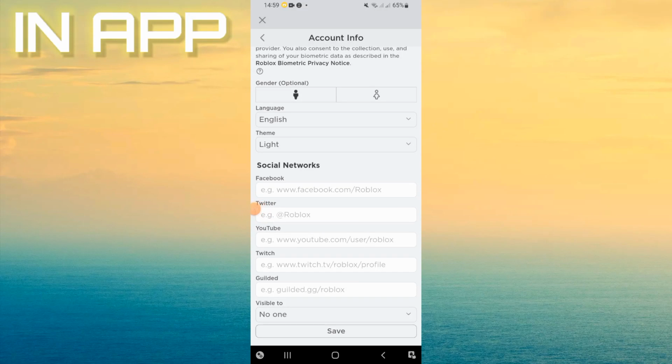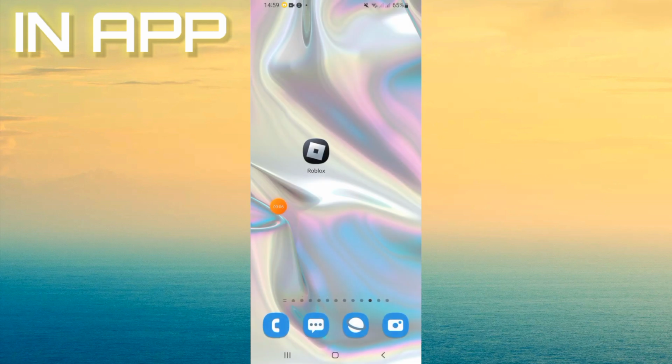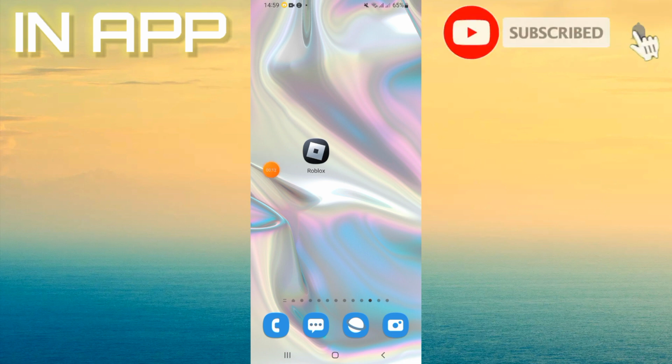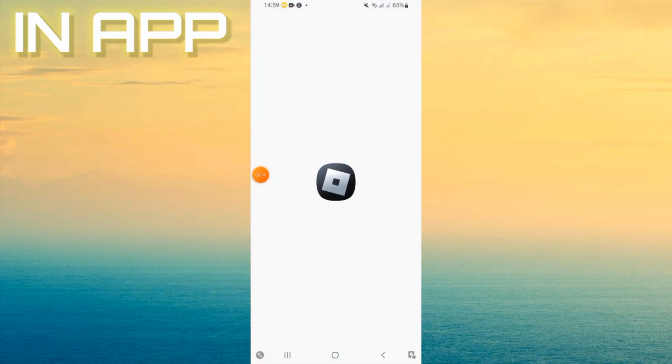How to link your Twitter with your Roblox, on Roblox of course. So in this video I will show you guys how to do this. Just watch this video till the end. So now, first you need to open your Roblox,